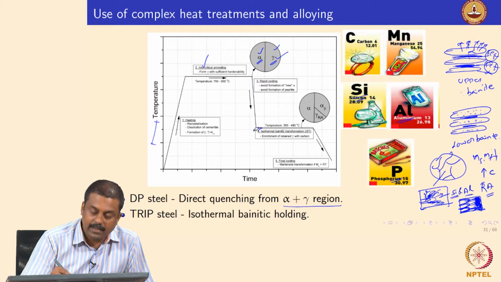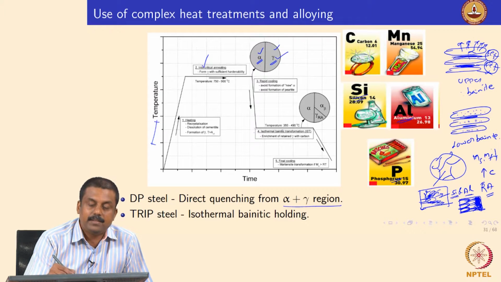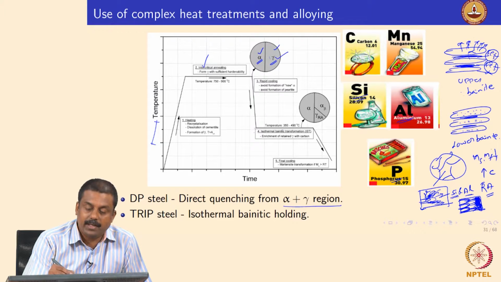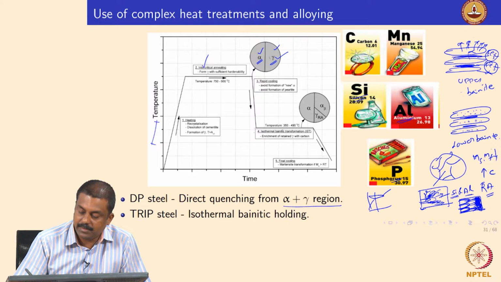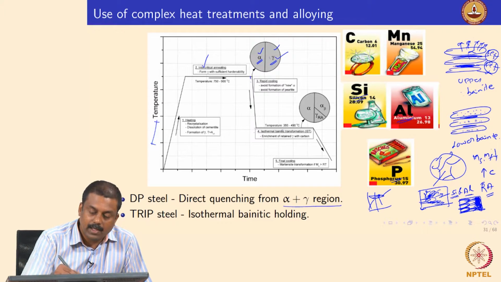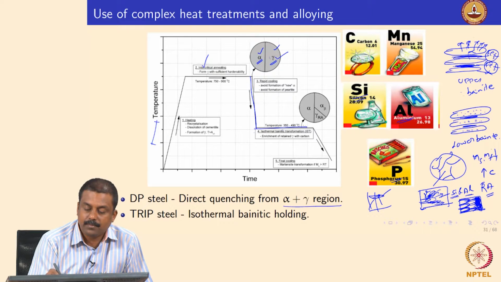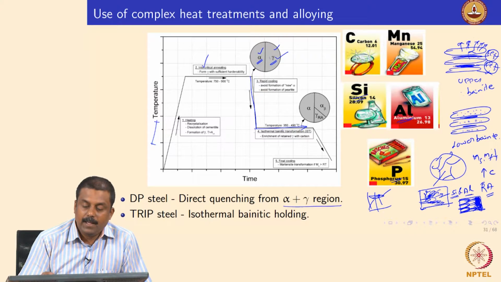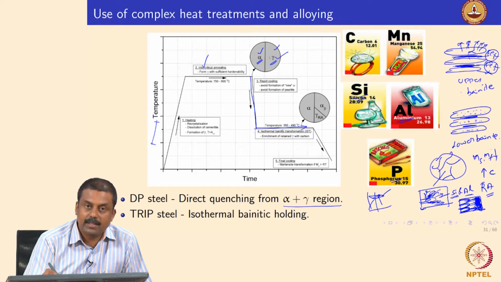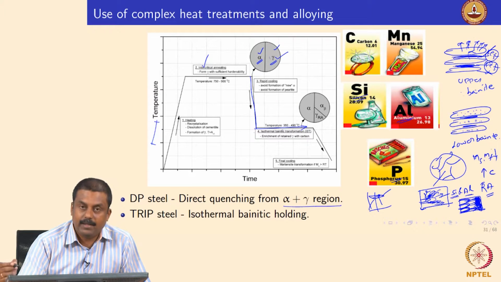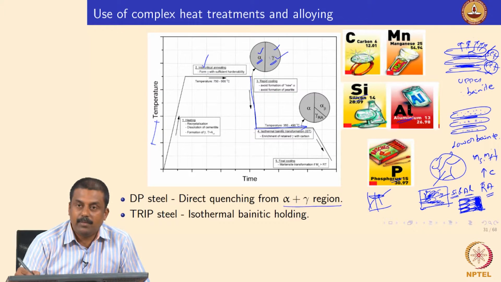So, I will explain again. We start with a two phase intercritical microstructure which is ferrite and austenite. So, austenite is already enriched in carbon. Imagine the austenite is already enriched and this austenite is cooled to temperature regions where you would have an isothermal holding to form bainite. But this bainite formation is happening without the formation of cementite. How do you suppress the cementite? By adding silicon or aluminum.